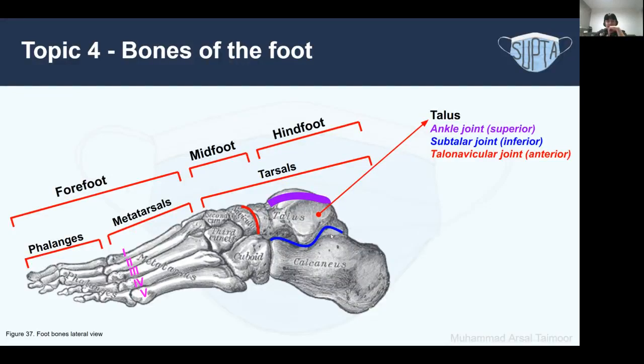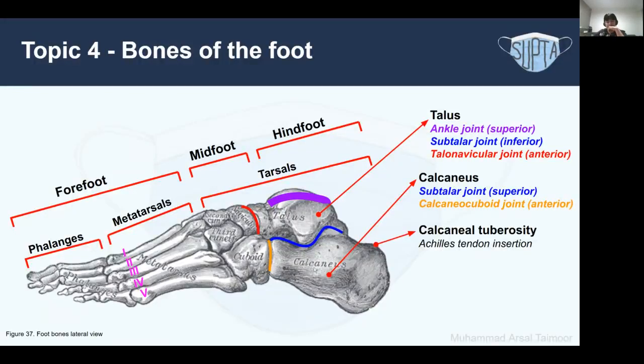Inferiorly, you've got the subtalar joint because it's below the talus, and then the talonavicular joint because it articulates with the navicular bone. The calcaneus articulates with the talus at the subtalar joint, and then the calcaneocuboid joint anteriorly. Then you've got the calcaneal tuberosity for the Achilles tendon. The Achilles tendon is basically just a combined tendon from the posterior compartment muscles of the lower leg, which we'll